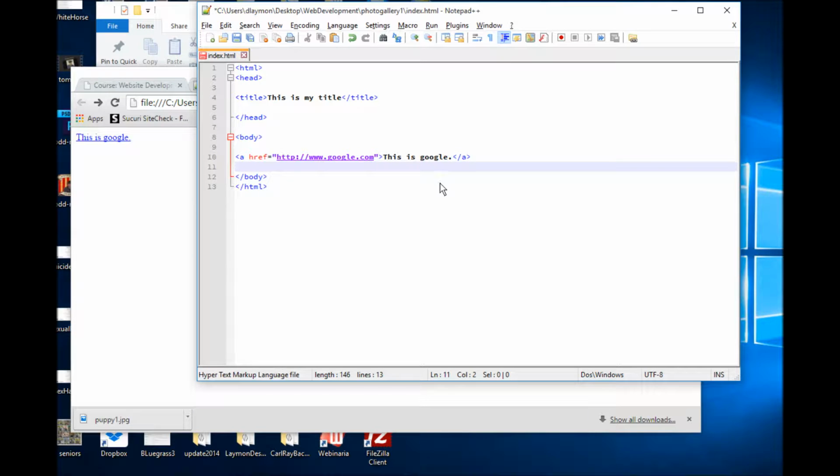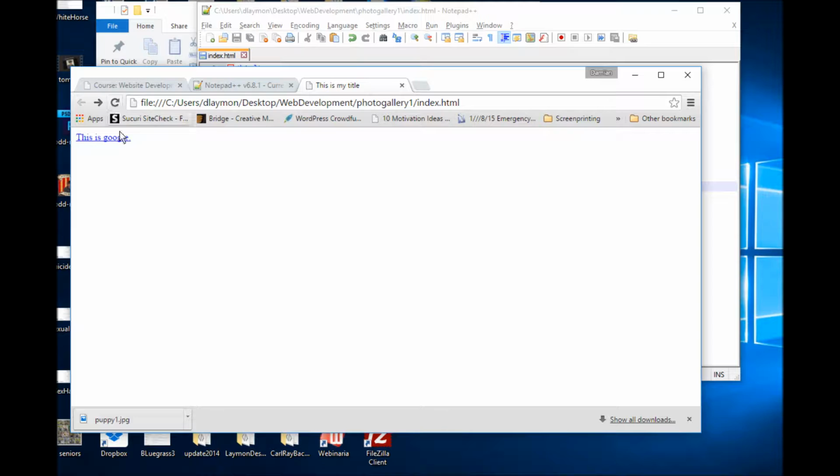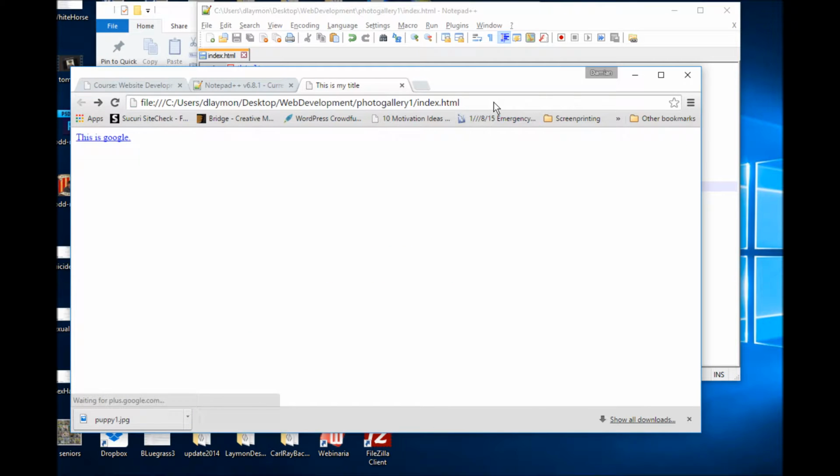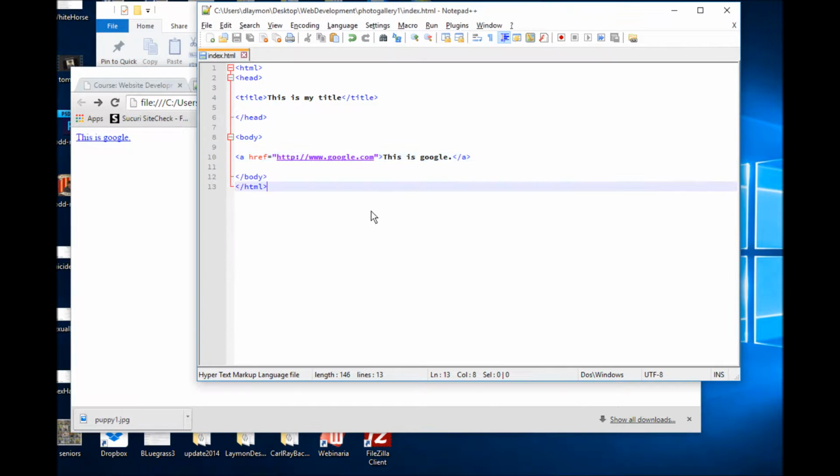Okay, once we have the tag, attribute, and value in there, the next thing that we need to do is we're going to add one more piece to it. Let me go ahead and save it, come back and click. The only thing that I don't like is that when I click on the link, it takes me away from my web page and it takes me to Google, which when you're creating a link to another website, you want to go to that website, but I don't want to take the user away from my website. So what I'm going to do is within the anchor tag, I'm going to put a space, and I'm going to put another attribute in there. It's going to be target equals